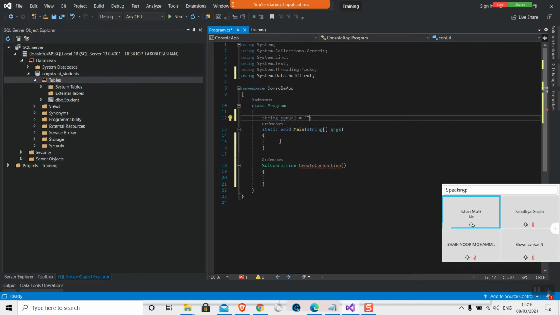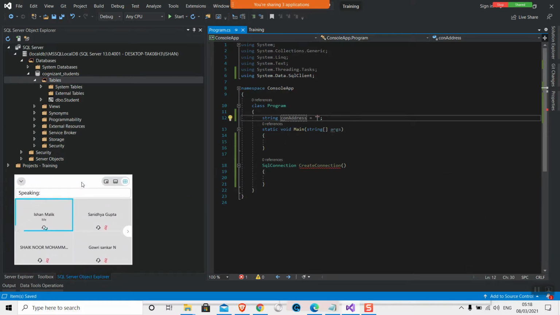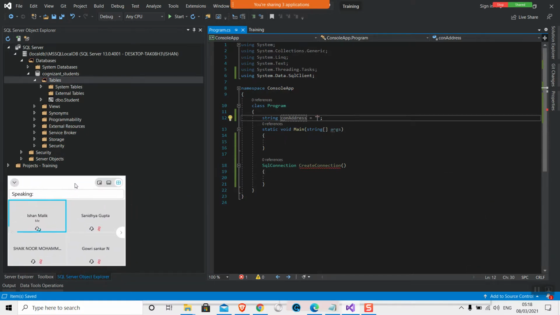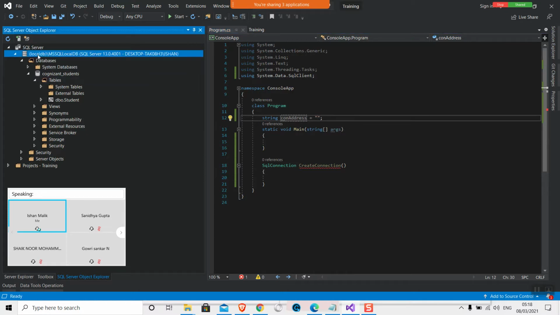So every database has some address, and you need to find out where it is located and how to connect to it. In our case, we are going to connect to this server, so we will find out its address.